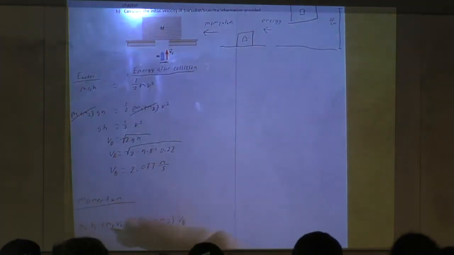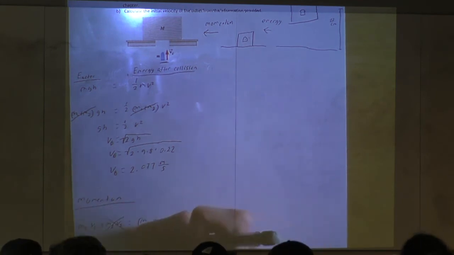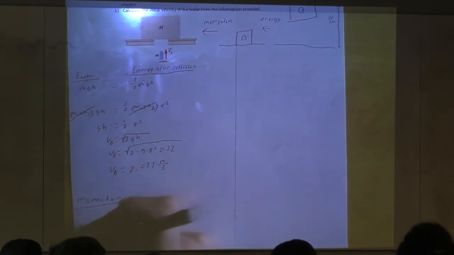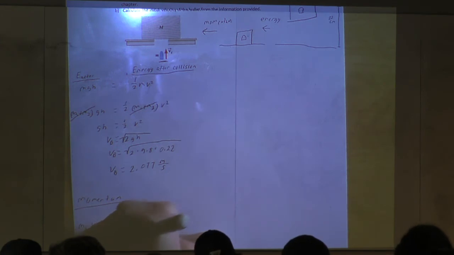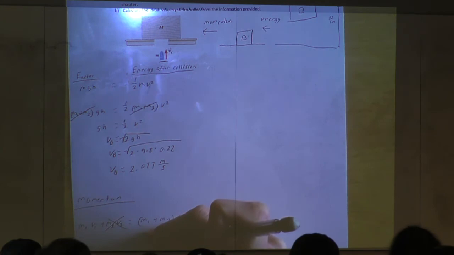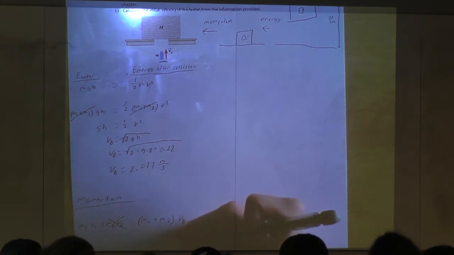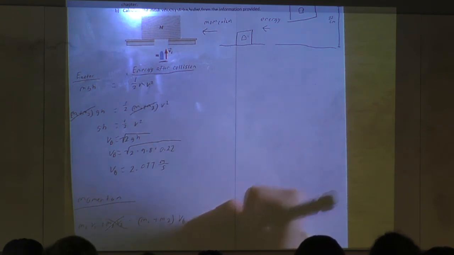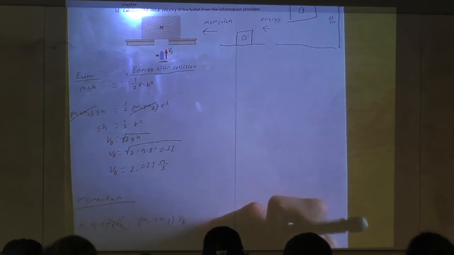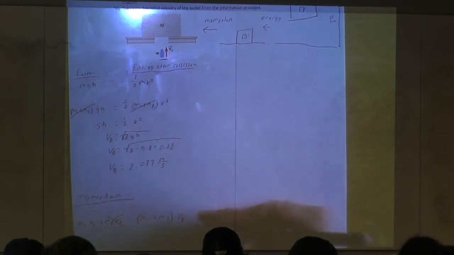The block at the beginning was not moving, so cross that term out. We don't need it. Velocity is 0. For our bullet, the mass was 5 grams, so that's 0.005 times VI is equal to 0.005 plus the mass of our block, which was 1.25, all times 2.077. So then VI equals,